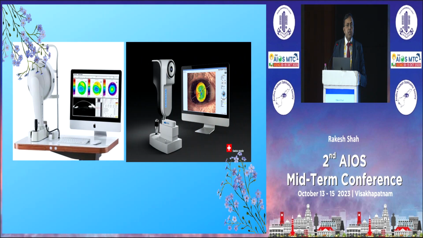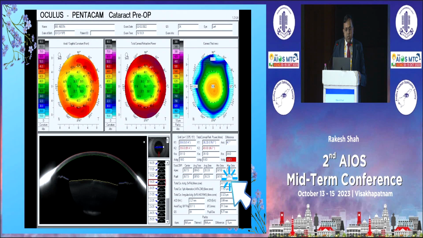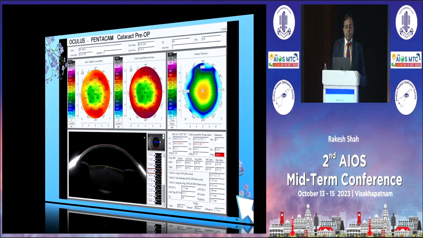So these are the standard instruments I am routinely using for all my surgeries. The most important is the Pentacam, because you see the central 3 millimeter zone, which probably other machines do not offer. We usually have 4 mm, but the keratometry in the 3 mm zone is very critical to feed into the ASCRS calculator.